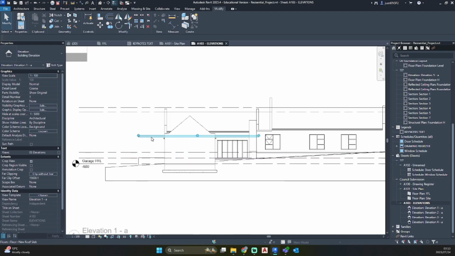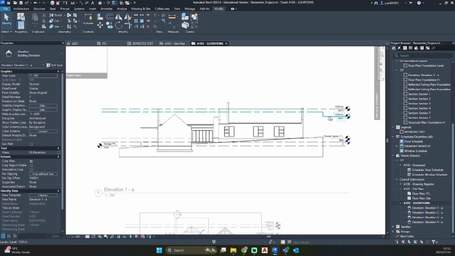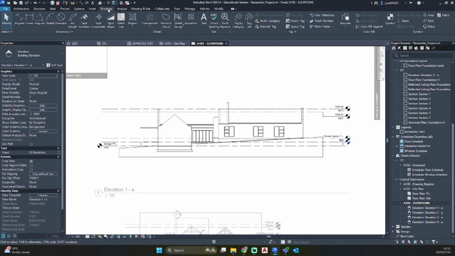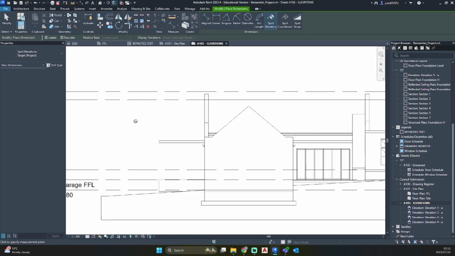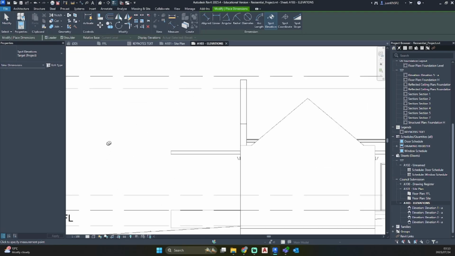So now we need to add another one for our concrete roof over here. We don't necessarily have to add a level line. We can go to annotate, spot elevation. And as you can see on white space, it shows you cannot place anything. That's because there's nothing to add a level to. So if we go to our concrete roof, you can either decide the top or the bottom. I want to annotate the soffit, so I'm going to click on the bottom line, click,